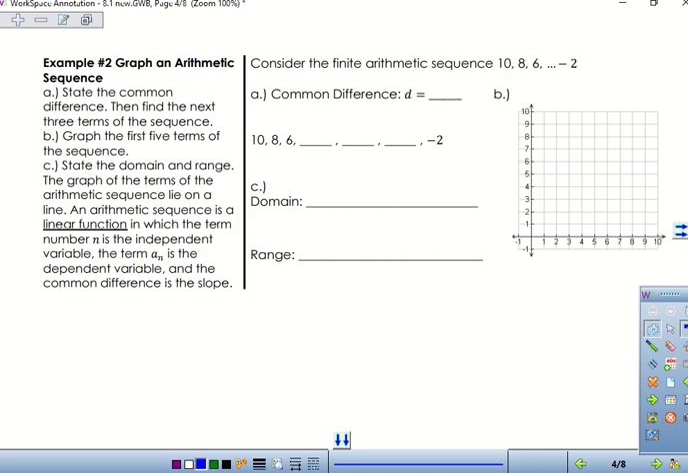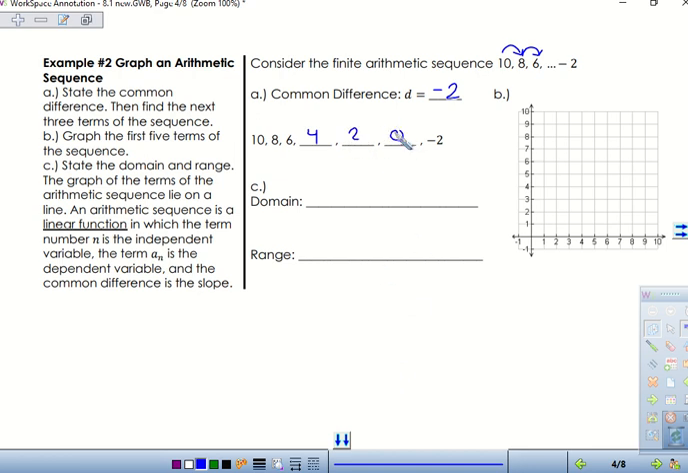Alright. It says graph an arithmetic sequence. The first thing we're going to do is find some of these missing terms in this arithmetic sequence before we can go about graphing it. So what would be the common difference here? Negative 2, because each time we're going down by 2. That allows us to fill in the missing blanks. So what would be 6 minus 2? And then,